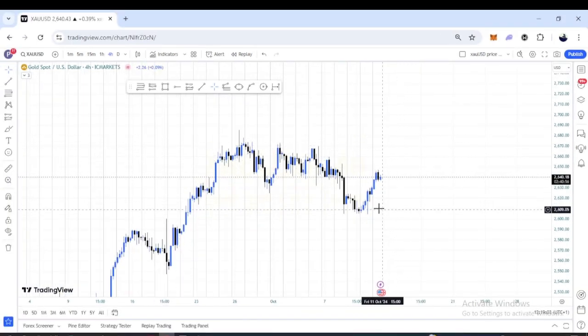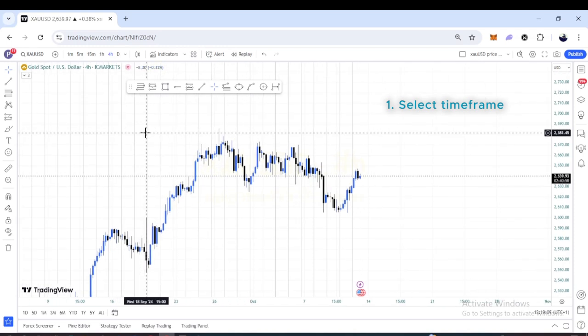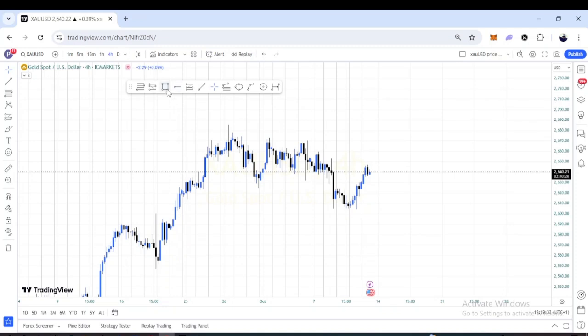Okay, now that we have a clean chart here, the first thing you want to do is select your time frame. Of course you already have your strategy you want to use, but select your time frame. Like this, I'm using the 4-hour time frame, the time frame you want to backtest on. Now the strategy I want to backtest is going to be a simple breakout strategy here. So the next step